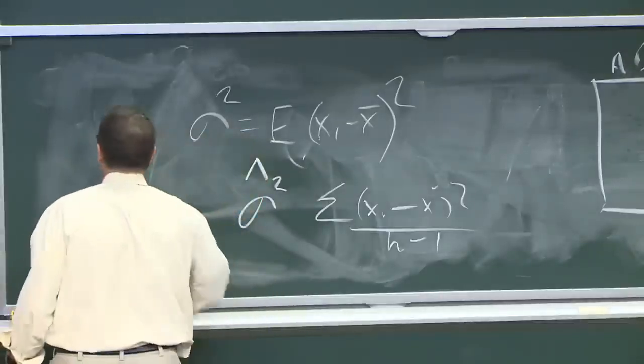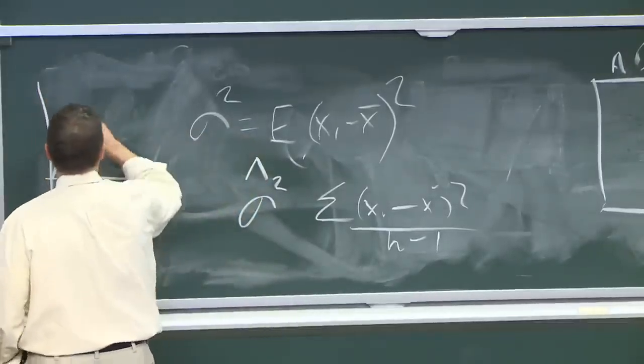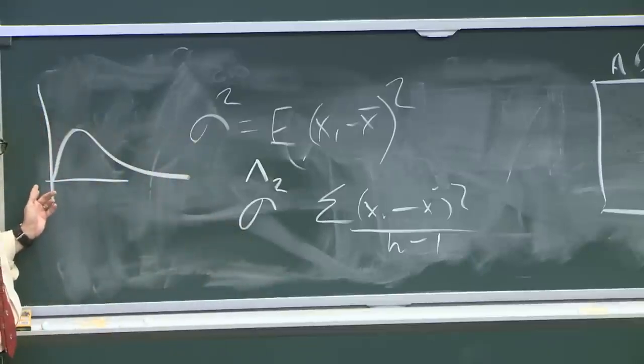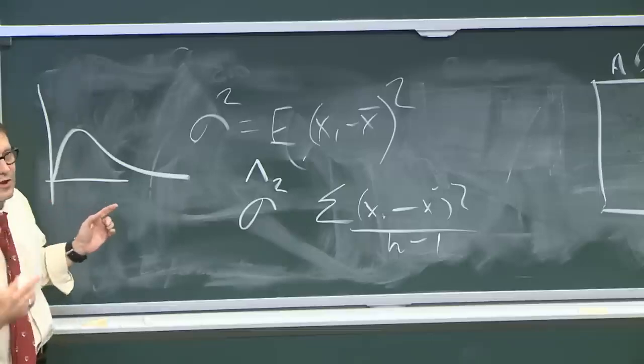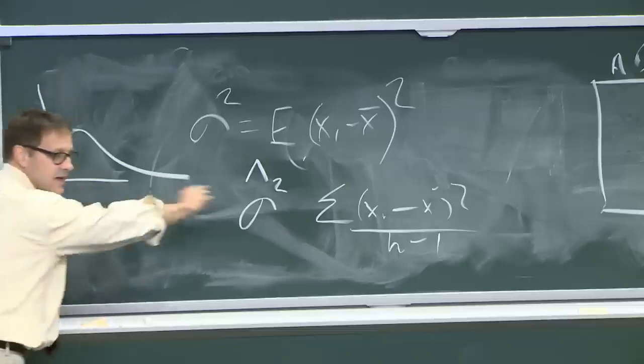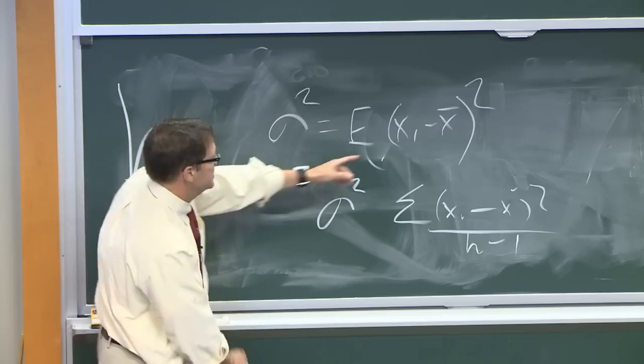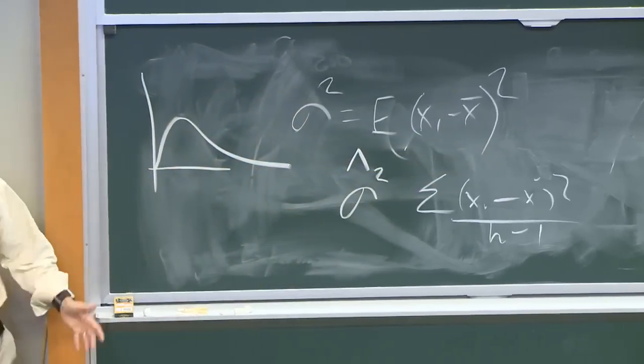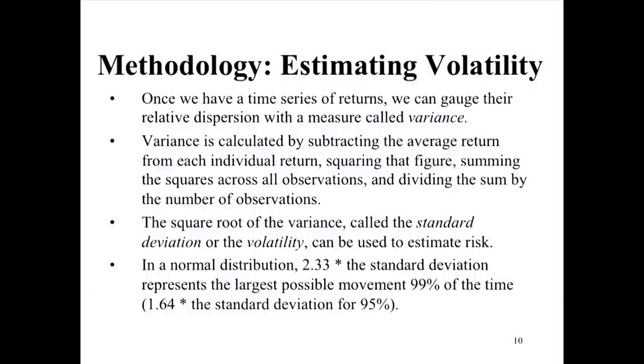Now, what does that mean? It means we know it can't be 0, or less than 0. If you figure out a way to get variances less than 0, let's talk. It's got a long right tail, but that's because this is squared, so one point can move it up. Anyway, once I have my returns, I have a measure of the dispersion of these returns